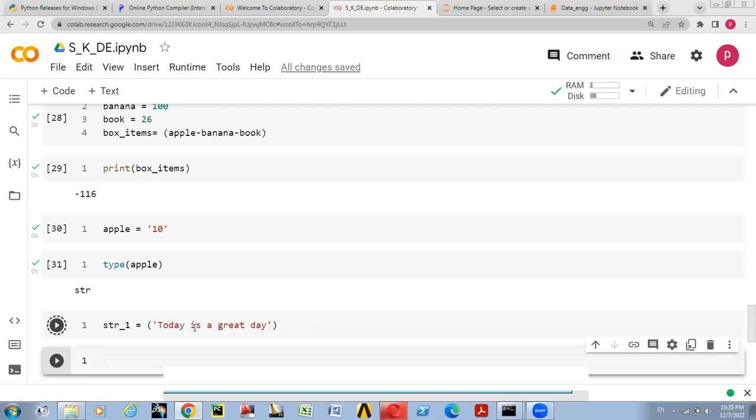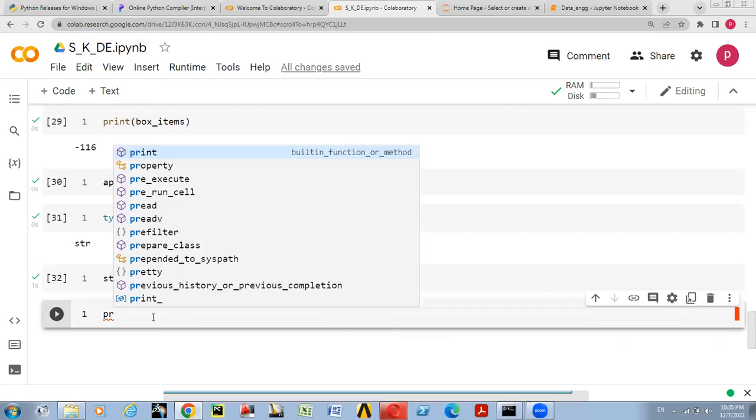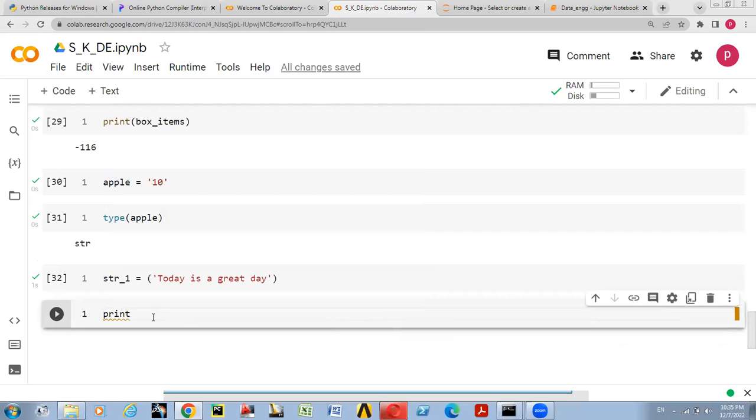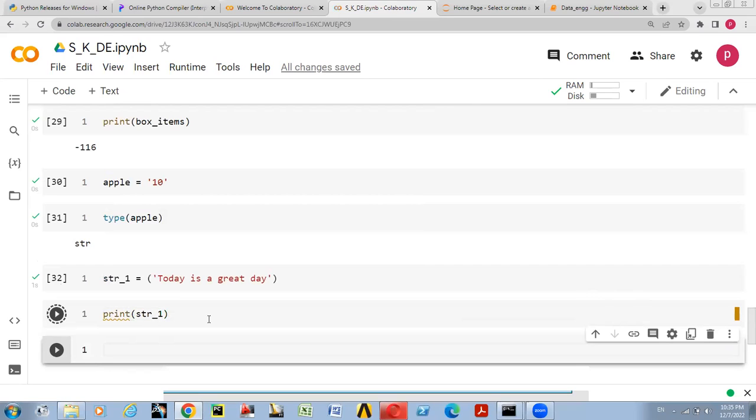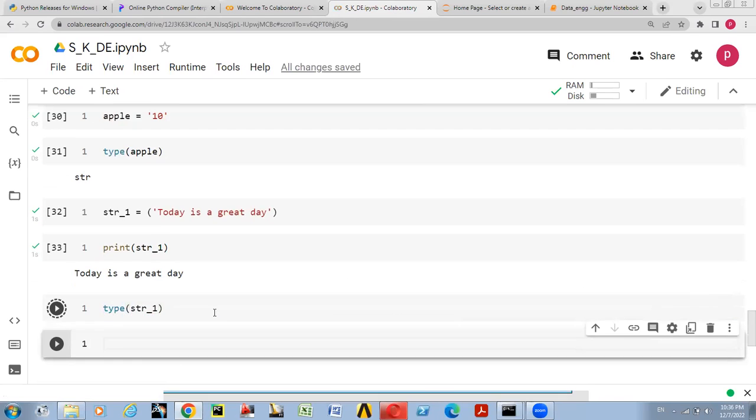Simply this. And if you want to execute it, okay, today is a great day. And if you want to check its type, string. Okay,